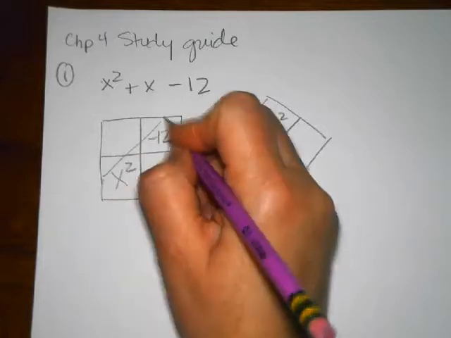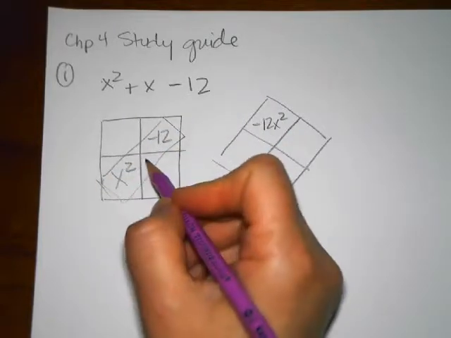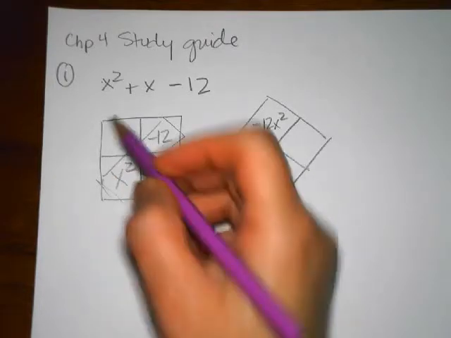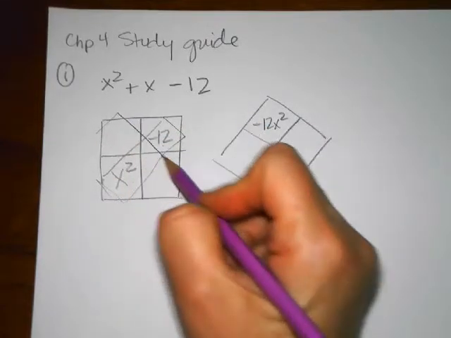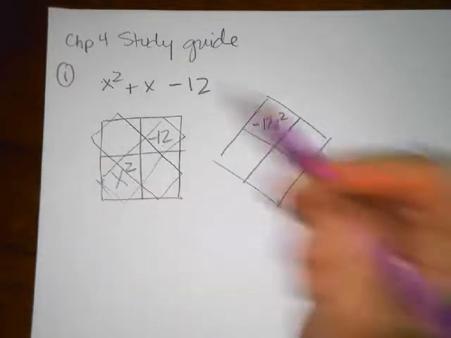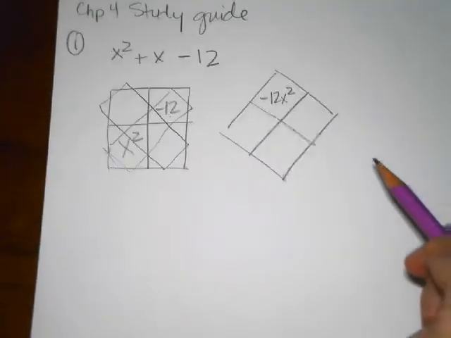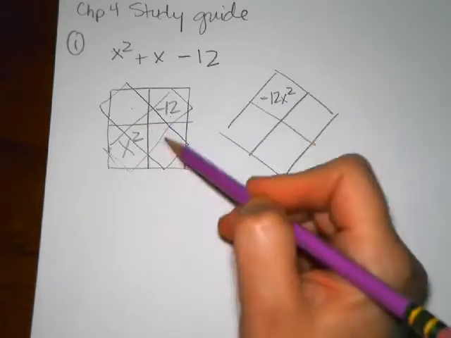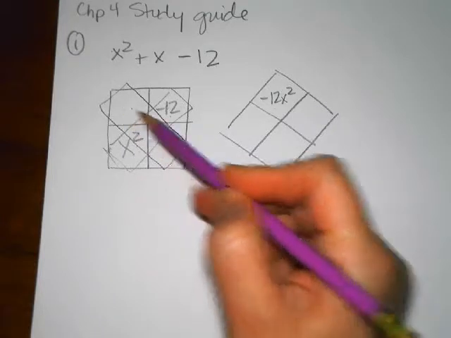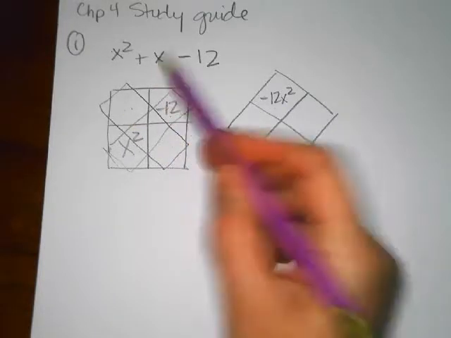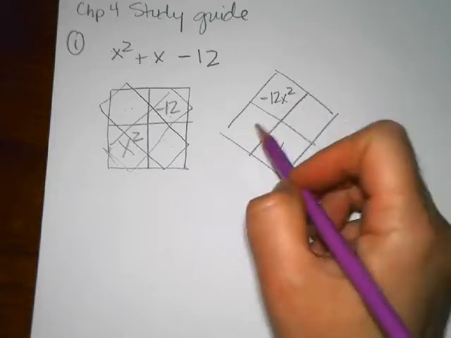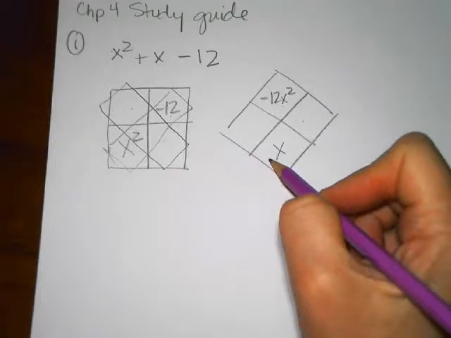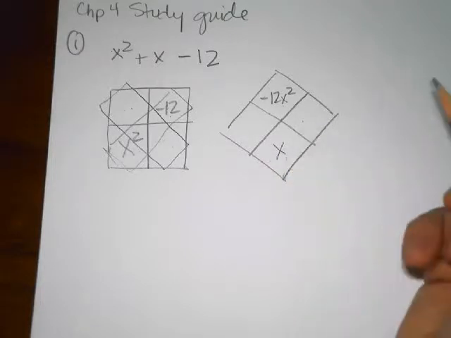So remember the product of x squared and negative 12 is negative 12x squared, and this product is the same. That's a pattern that we noticed. And when we're building with tiles, we would have a set of x tiles here, a set of x tiles here. They would sum up to 1x. So we're looking for two numbers that when we multiply them, we get negative 12x squared. When we add them, we get 1x. So 4 and 3,